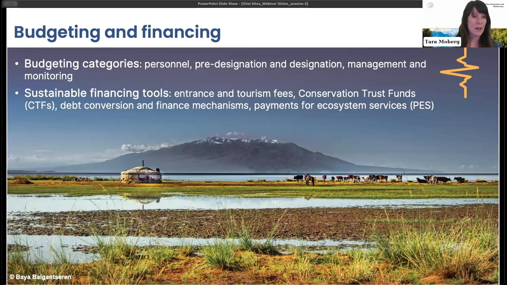And I'll round out, after you have your management plan and the activities that are prioritized, just the importance of budgeting and financing. Not to state the obvious, but just to underscore that while the budgeting categories and the financing tools for terrestrial and marine protected areas are similar, there are some considerations that you may want to take into account in order to be able to manage for inland water ecosystem health, as well as monitor the effectiveness of